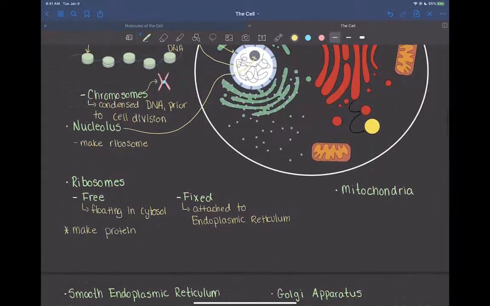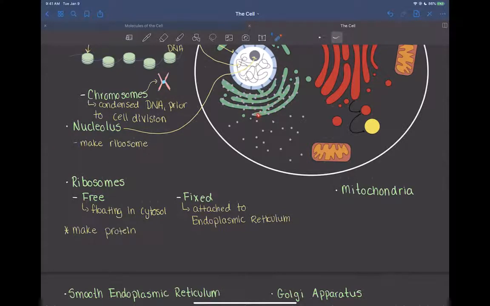The free ribosomes, out here just floating around in the cytosol, make proteins that are also just going to float around in the cytosol. However, these fixed ribosomes here that are attached to the endoplasmic reticulum